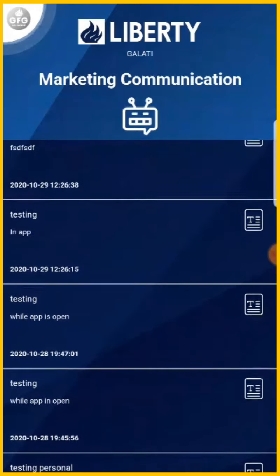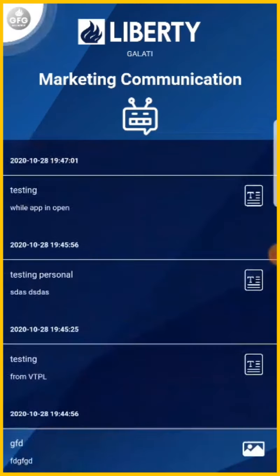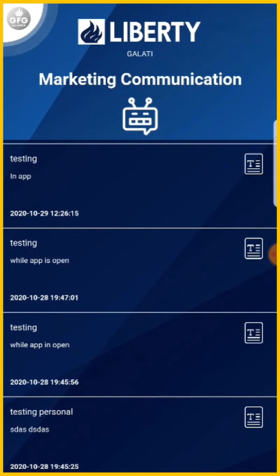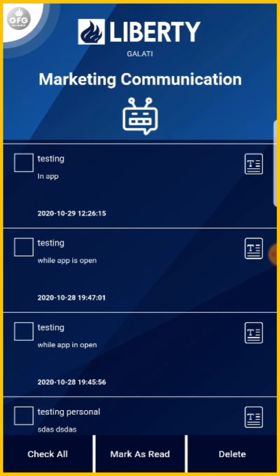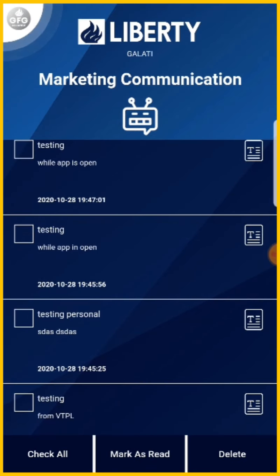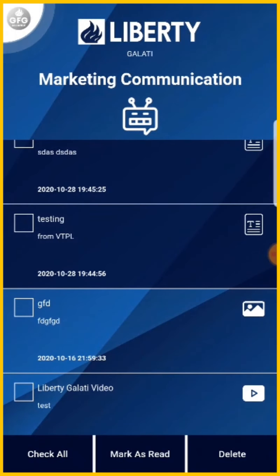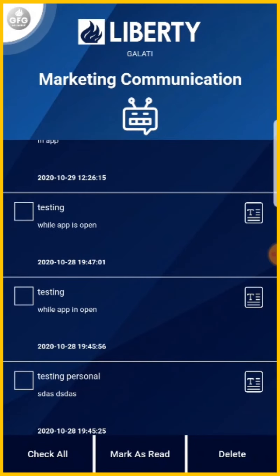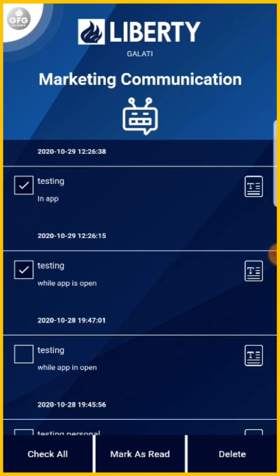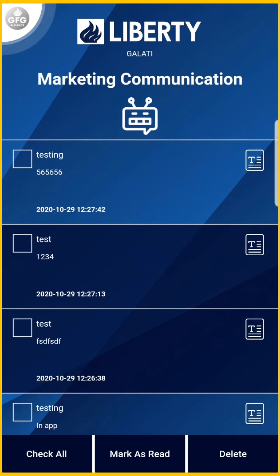Notification section will take you to recent notifications you have received. There are 2 color codes like dark and light. So if you tap on it, you can see options for whether the notifications you are seeing, you have read them or not. So dark color means they are not read yet, and light color means you have already read them. So you can check and then you can mark them as read.